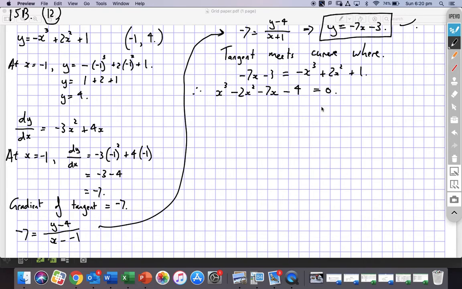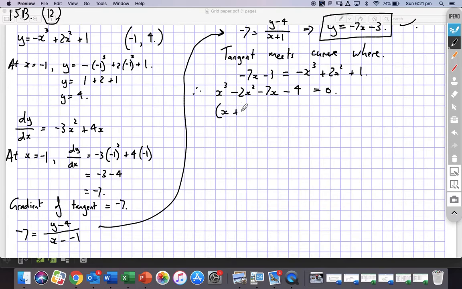Now, I do know one solution already. That's when x equals minus 1. Like if I put minus 1 in here, this is all going to equal 0, right? The equation's going to work. So like minus 1, I'd have minus 2, then I'd have plus 7, then minus 4. It all equals 0, right? Because that's a solution,